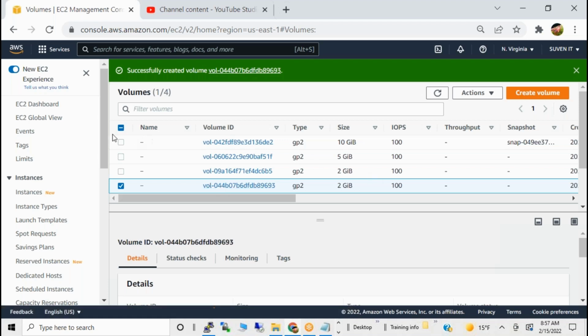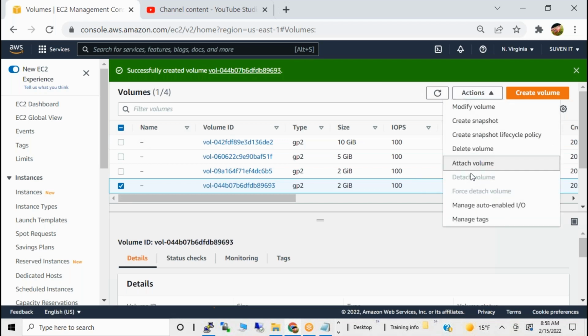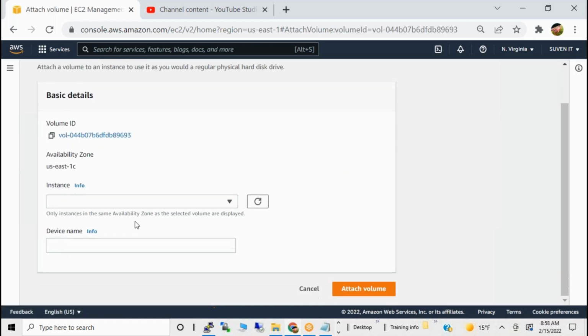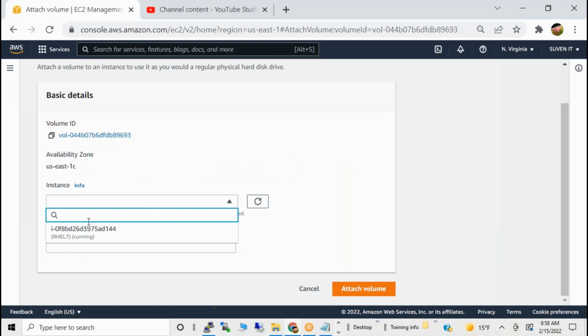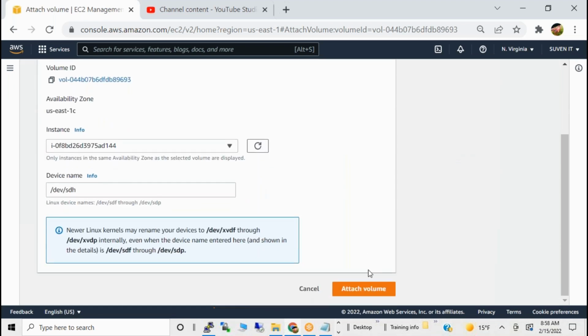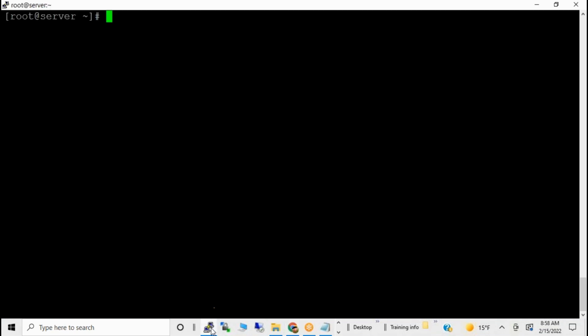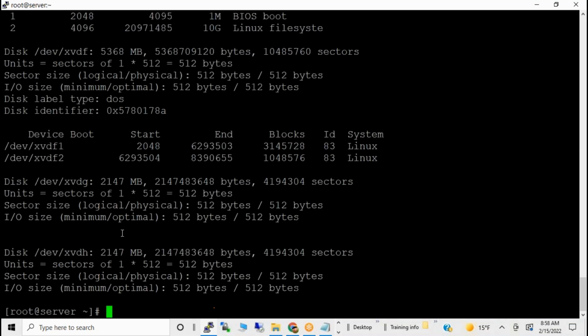So this is the VM, like the AWS you are managing, so you are creating easily. But in case it is a physical server, the storage team does the same job. So we just need to ask them, hey, create two disks for me. Then fdisk -l. You can see there are two extra disks